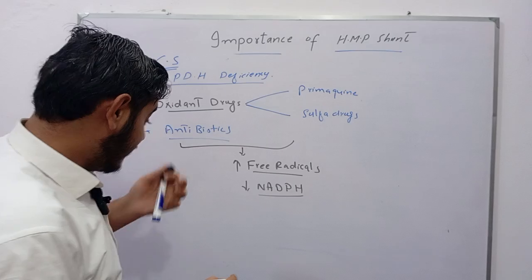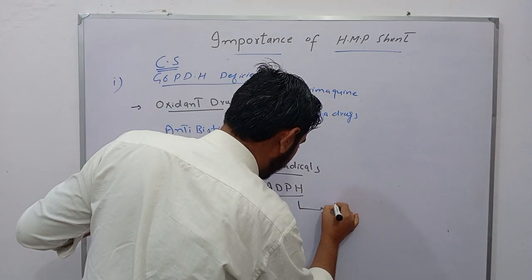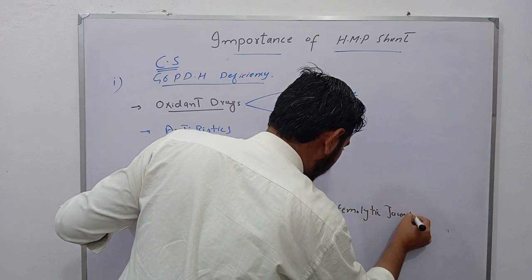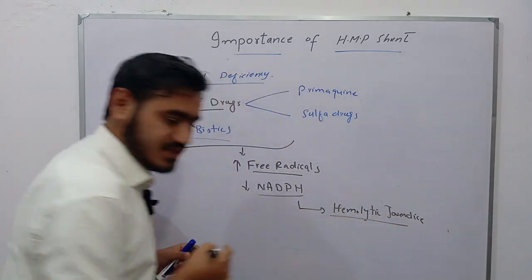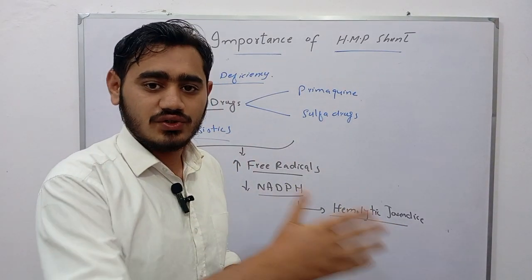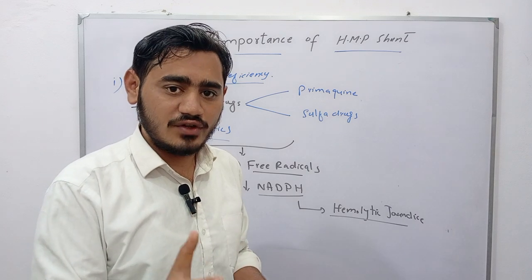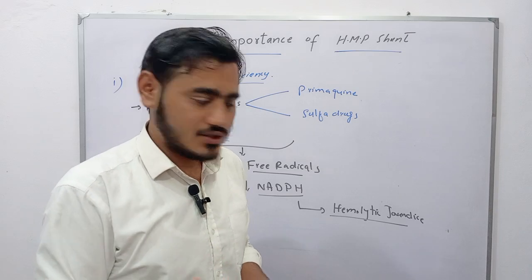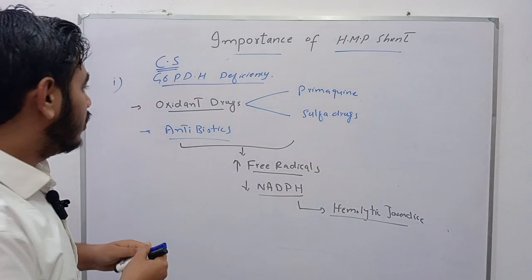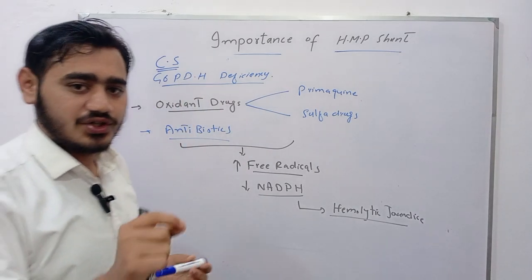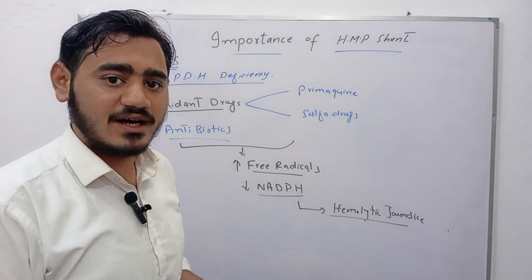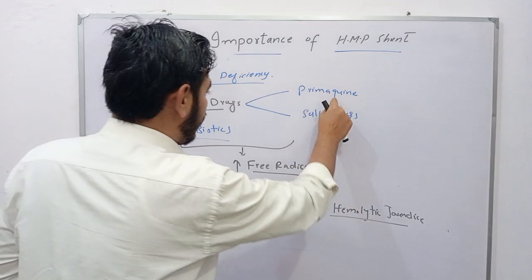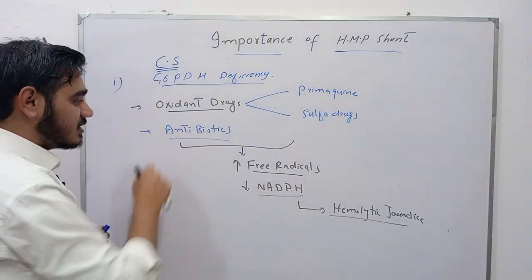They all lead to hemolytic jaundice, because they damage the membrane of RBCs and are responsible for the release of hemoglobin, and the degradation of heme leads to the production of bilirubin, which is very important for hemolytic jaundice. They also lead to the deficiency of the glucose 6-phosphate dehydrogenase enzyme, which is a regulatory enzyme in the HMP shunt pathway. I am repeating, when oxidant drugs such as primaquine, sulfa drugs and antibiotics are given,